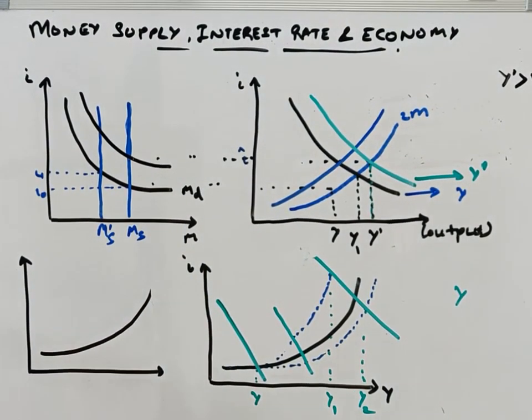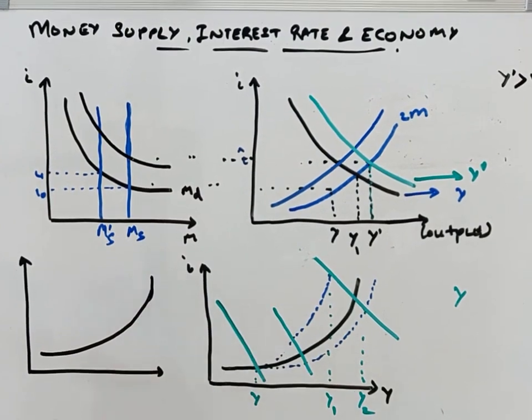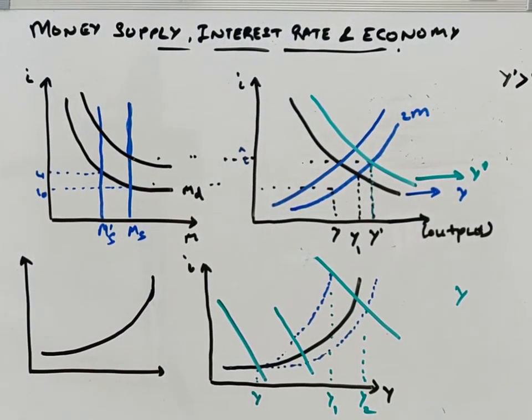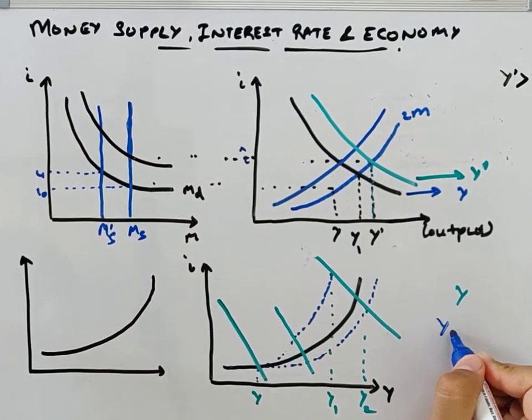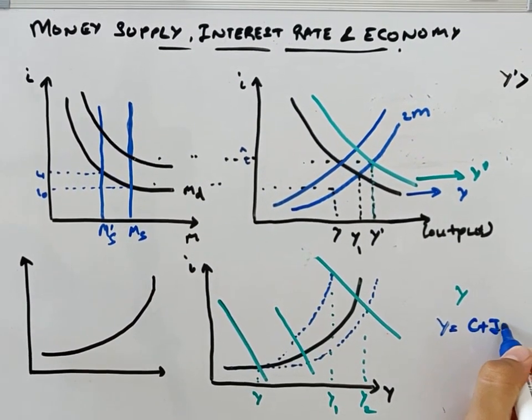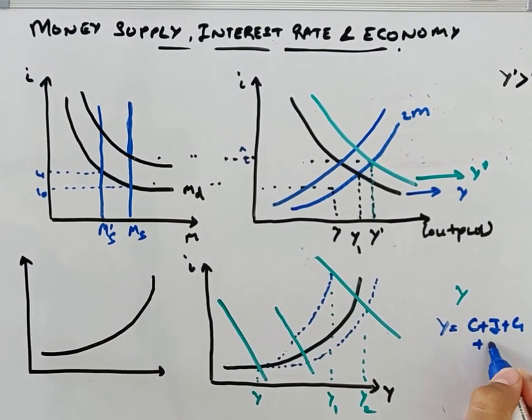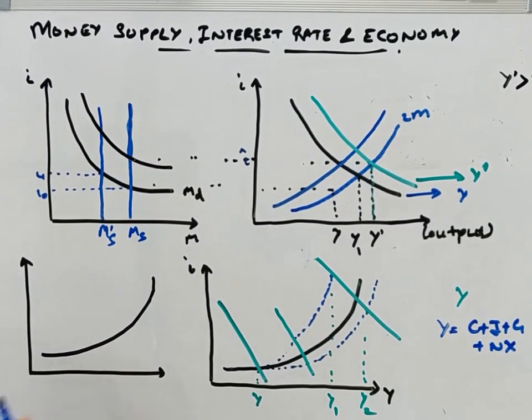Fiscal policy works by affecting the income in an economy, that is by reducing the taxes or increasing government expenditure. Now, in such a case,